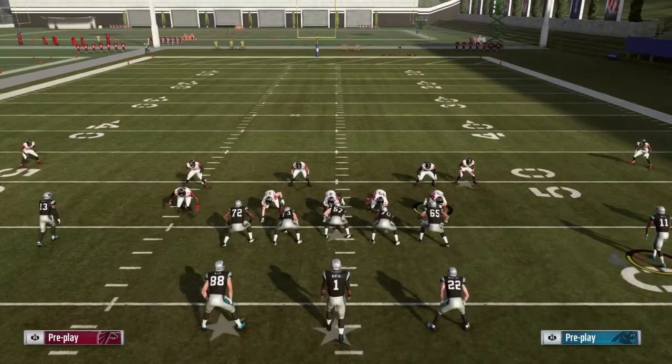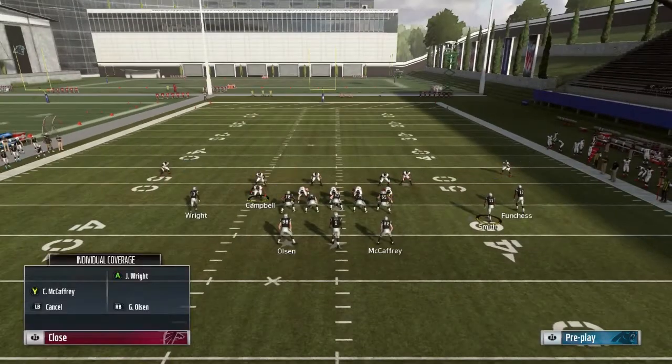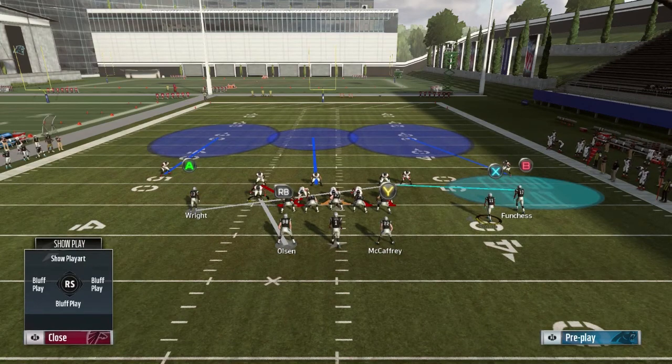Then I know that if this guy has an opportunity to do any type of wheel, I'm going to cross man him, not cross man, but man him up with that player. So those are the two routes that I kind of want to make sure I've got covered. Now, the right side of the field, you got a lot of flood concepts,